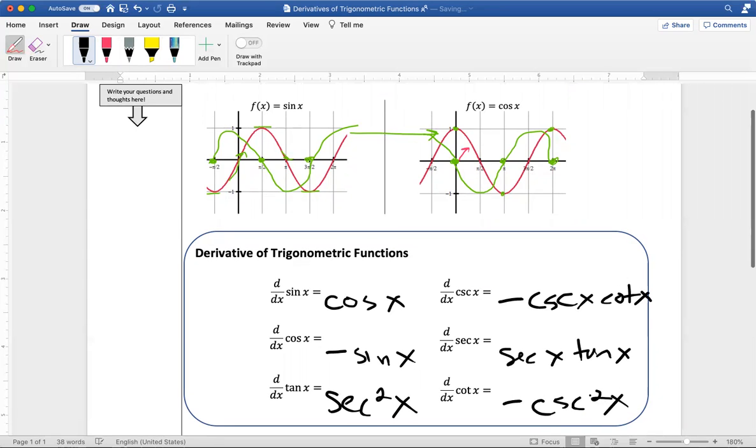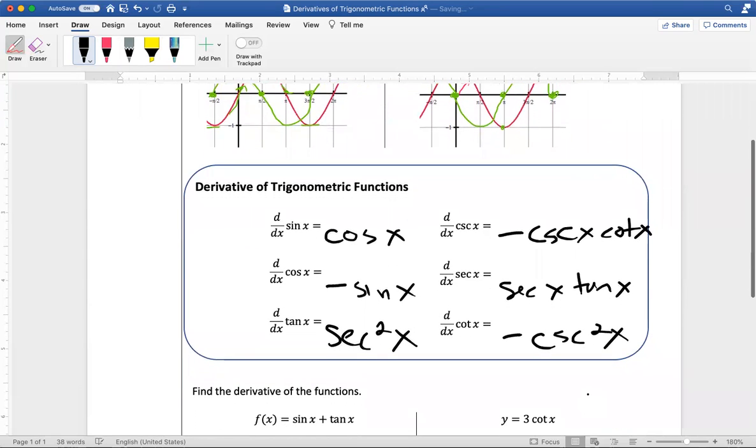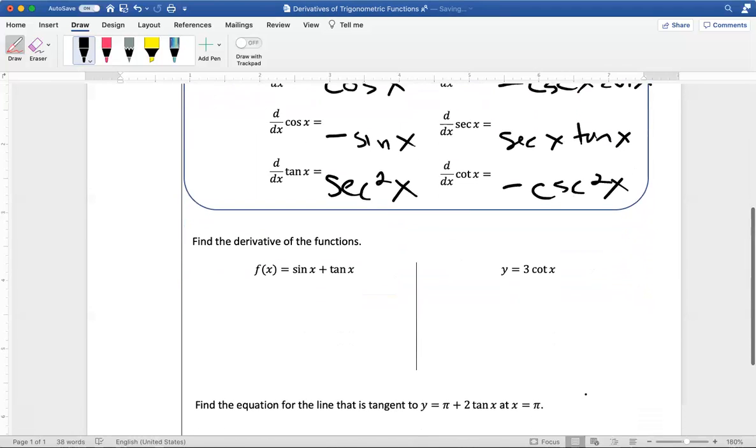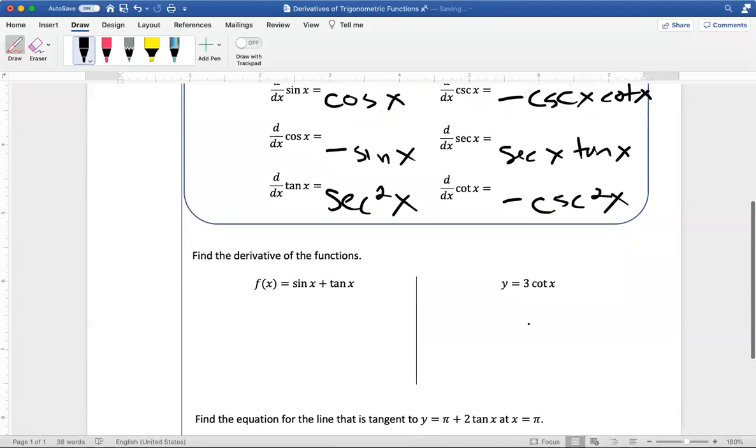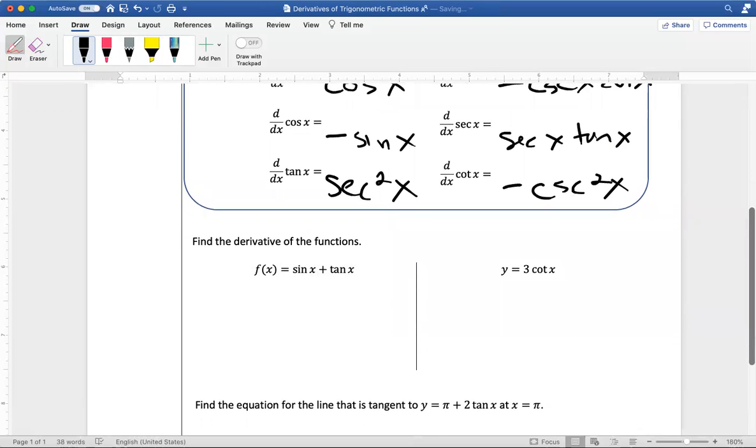Okay, so what I want to do is use all of those derivatives to find some derivatives of functions. The first question says, find the derivative of f of x equals sine x plus tangent x. When you want to find the derivative of two things added together, you can just add the derivatives. So f prime of x is the derivative of sine, cosine x, plus the derivative of tangent,